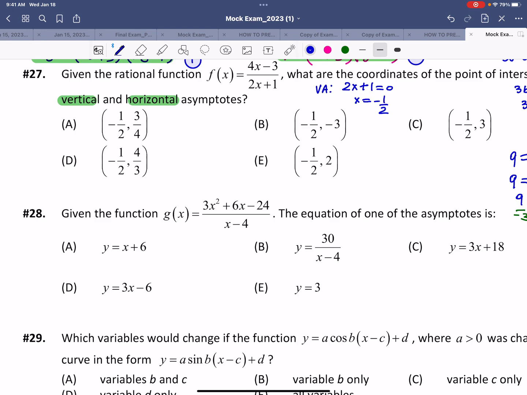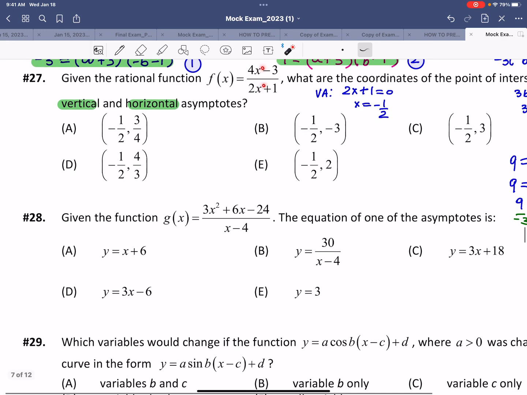For the horizontal asymptote, we have to first examine the degree of the numerator and denominator. So it seems that they're both the same degree, degree 1, which means that the horizontal asymptote will be given as the ratio of the leading coefficients. In this case, 4 over 2. So the horizontal asymptote will be, I'm going to write it down here actually, y equals 4 over 2, which is positive 2. So a vertical line at negative 1 over 2 and a horizontal line at y equals 2